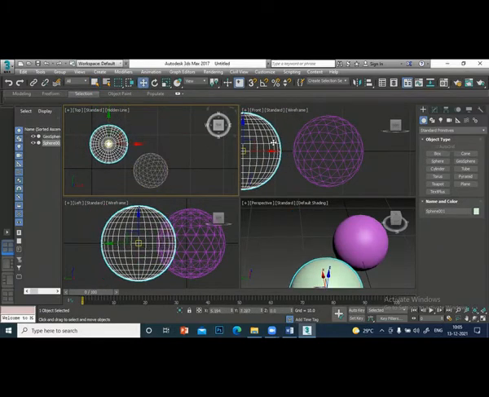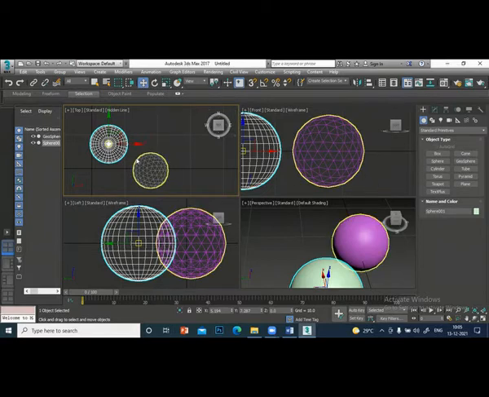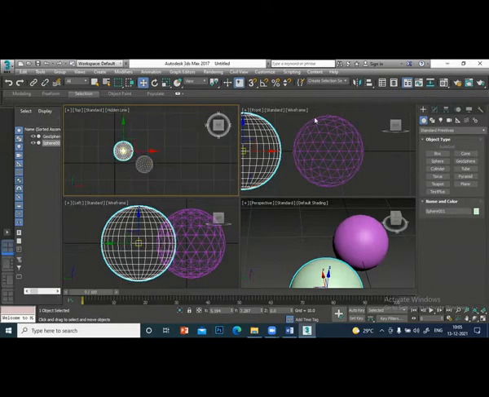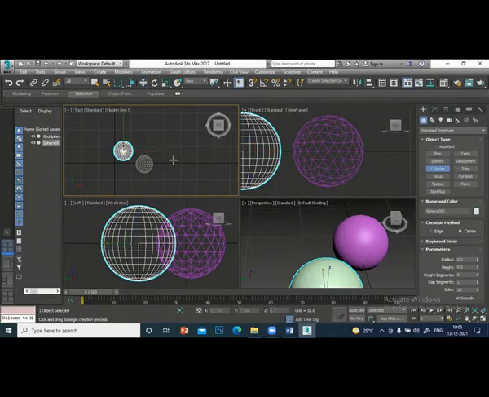You can see in the elevation, the segments are different. For geosphere, the segment will be different. You can edit this and extrude one piece, and other things you can do later. So that's the difference, only the segment difference. Then you have the cylinder.